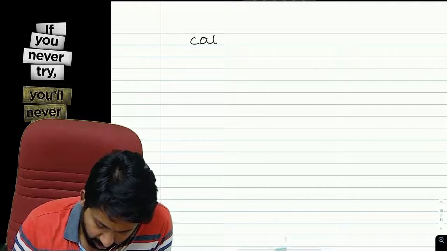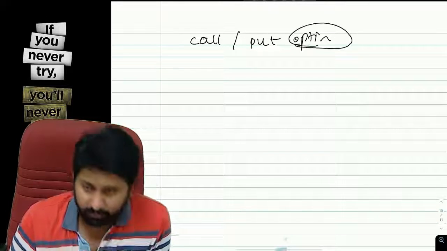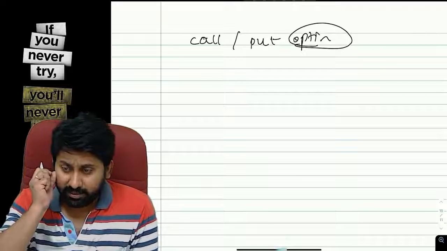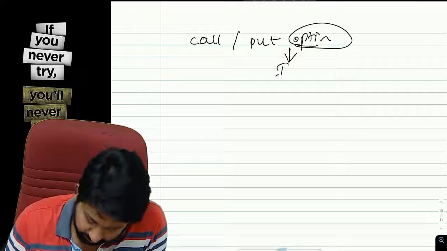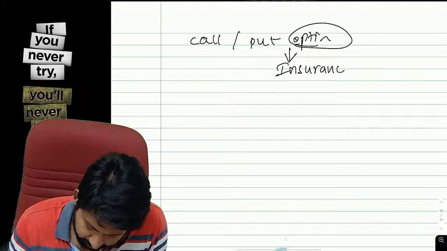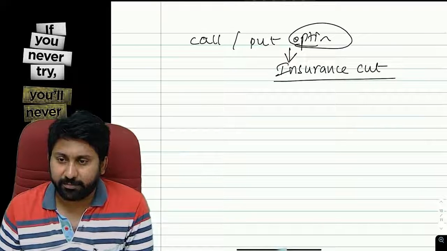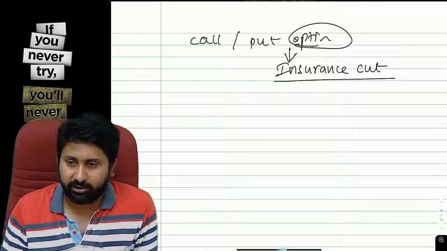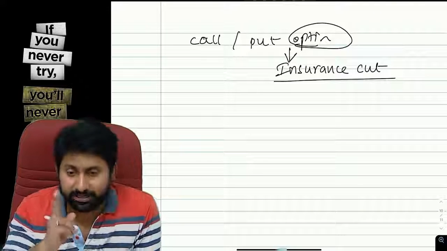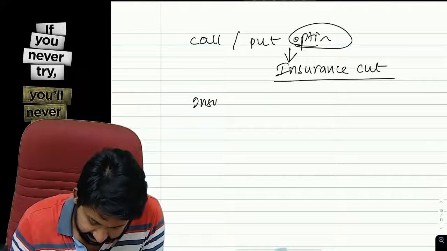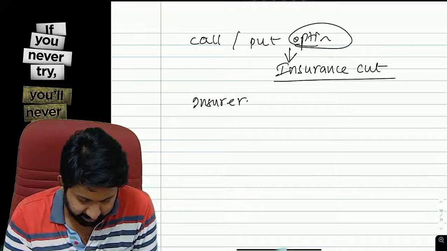See here, first thing: an option, being a call option or put option, being an option contract, is a typical insurance contract. What does it mean? In an insurance contract, there are two persons. One person is called an insurer. Another person will be called as